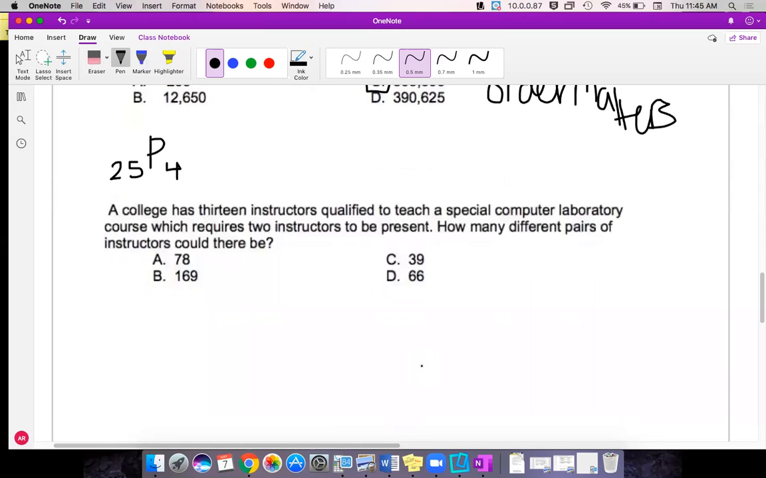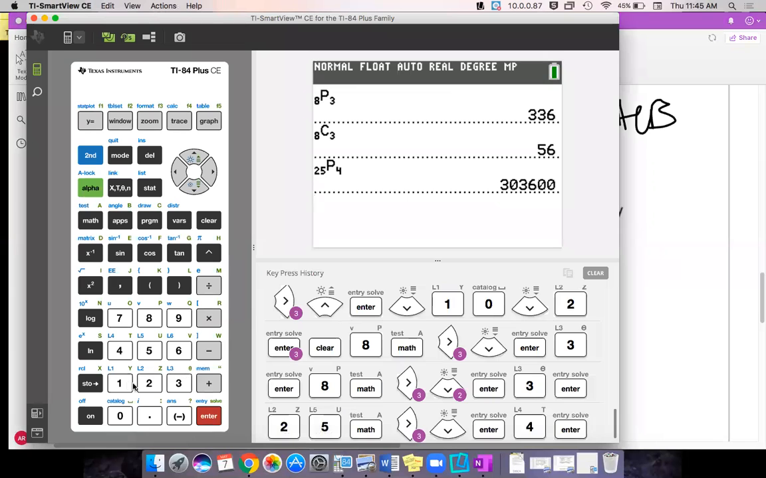Okay, last one. A college has 13 instructors qualified to teach a special computer laboratory course, which requires 2 instructors to be present. How many different pairs of instructors could there be? So in this one, order doesn't matter. You're just choosing 2, and it doesn't matter who's chosen first or second. So this one's going to be a combination. So you have 13 total instructors, and you are trying to choose 2 of them. So 13 choose 2. If we go to our calculator,